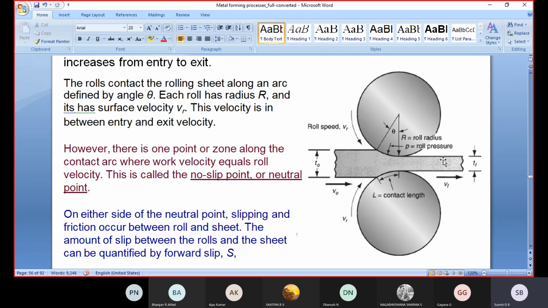At that time, a small amount of elastic deformation occurs. Elastic deformation means after removal of force, the material comes back to its original shape and size. Here also, after compression of this particular material, a small amount of material is elastically deformed. The 10 mm is converted to 12 mm. At that higher speed, it is very difficult to maintain uniform thickness. That is the first defect.